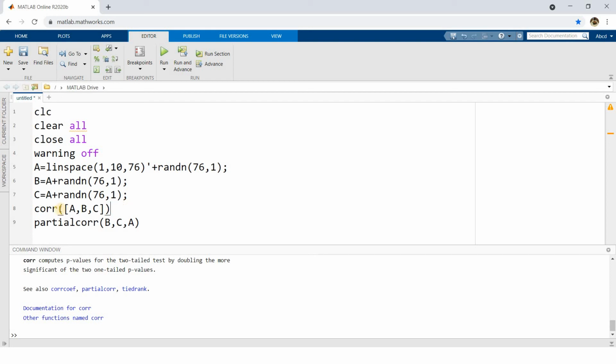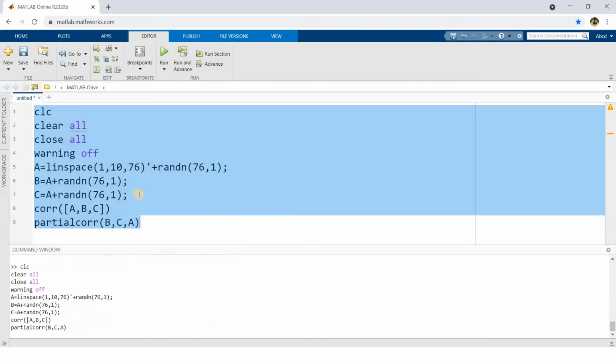What should we get? The correlation here in this particular case we will be getting in terms of one 3 by 3 correlation matrix. There the correlation between B and C will be very high due to the influencing factor A. Actually this should not be correlated because they are only random numbers, but due to the presence of A, they will be influenced and they will show a correlation value. But when we are doing partial correlation, we are basically trying to find out the linear relationship between B and C excluding the effect of A. That is nothing but removing this particular term and simply computing the correlation between these two random sequences, and that time we should get very little correlation.